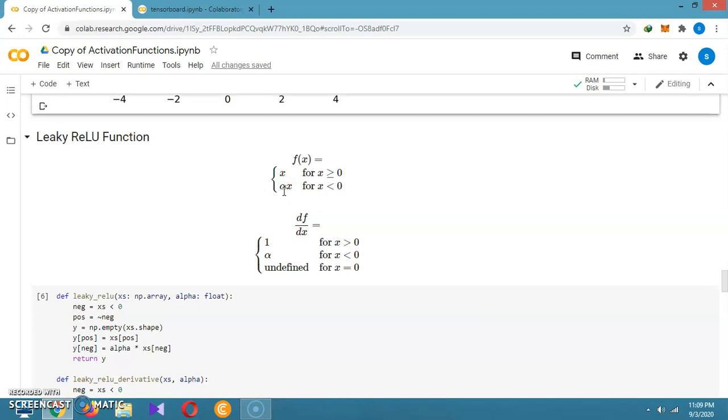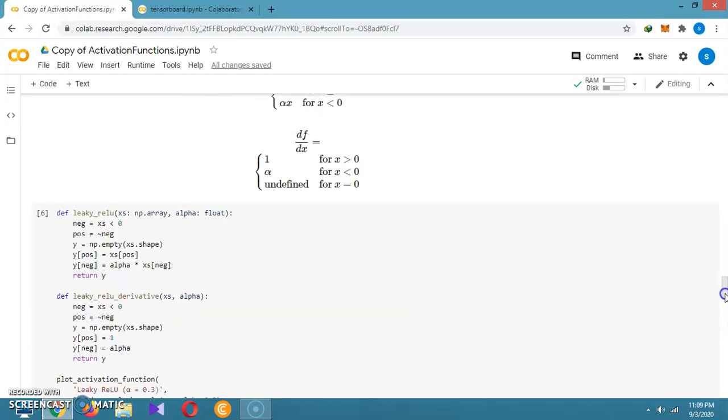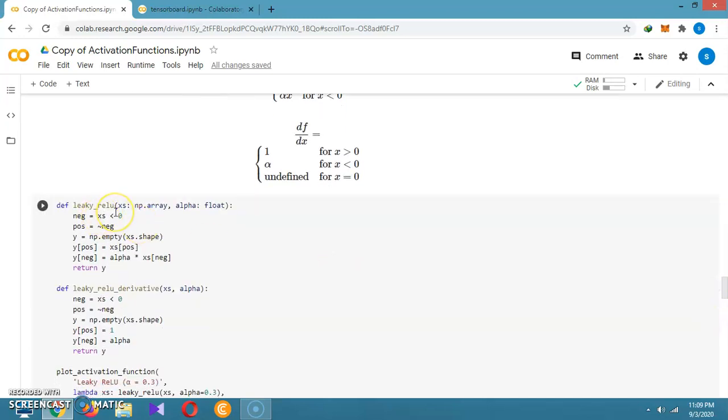In Leaky ReLU, only the alpha is added. Alpha is any value that we put in. For writing the code, it is the same as ReLU: define function of xs, np.array, comma, alpha colon float.